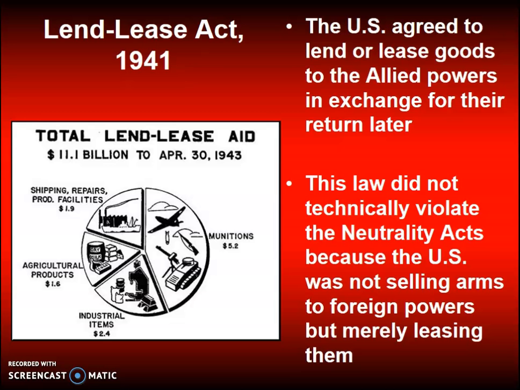Roosevelt will start putting pressure on the U.S. Congress to repeal the Neutrality Acts. He wants to be able to provide assistance to Great Britain and the other Allied powers that will come into the war, such as China and also eventually the Soviet Union. So the Lend-Lease Act will be passed, allowing the United States to loan or lease items to these countries. Did we expect all those bullets back? No. Did we expect all the money that we had sent to be repaid? No. This was a stopgap measure so that the United States could buy time before they got into the war and also assist the Allies.